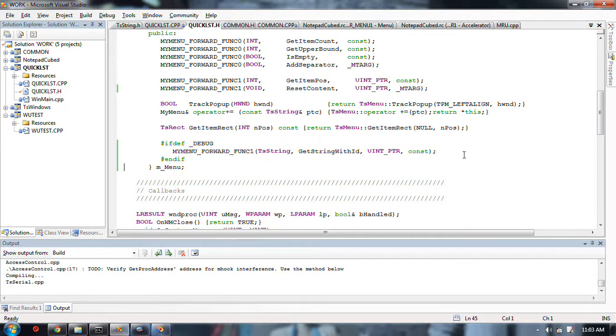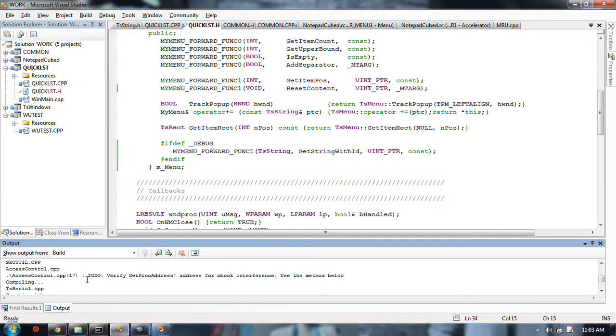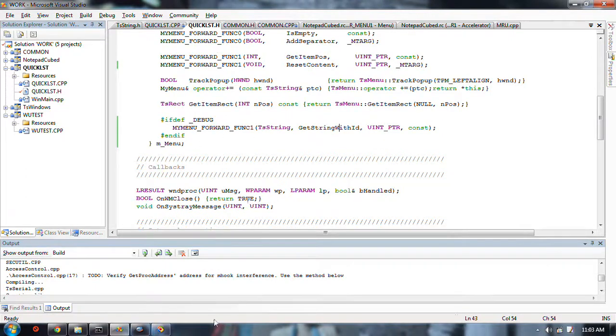This function is only for debug mode. I could have it trace out these kinds of reminders wherever I'm using this. So I might do that. But it looks like we're okay.